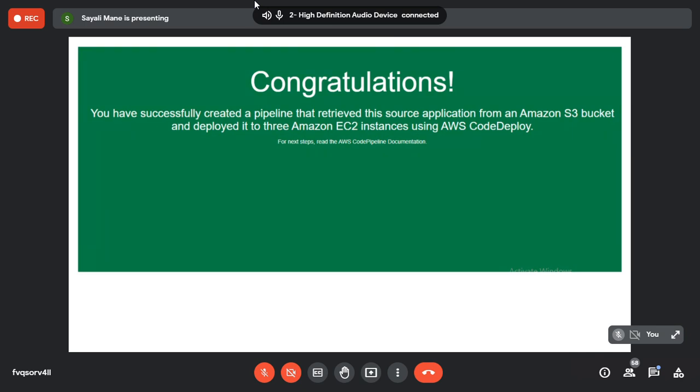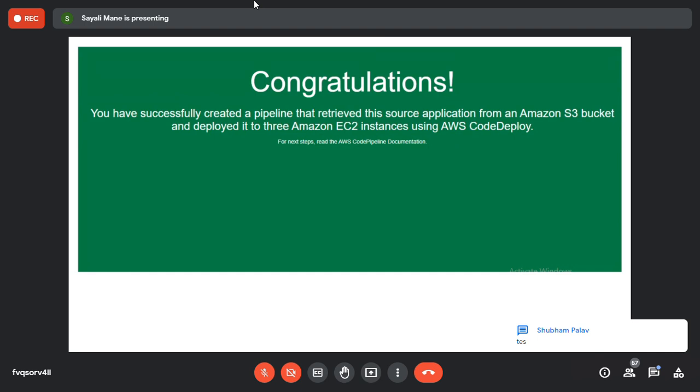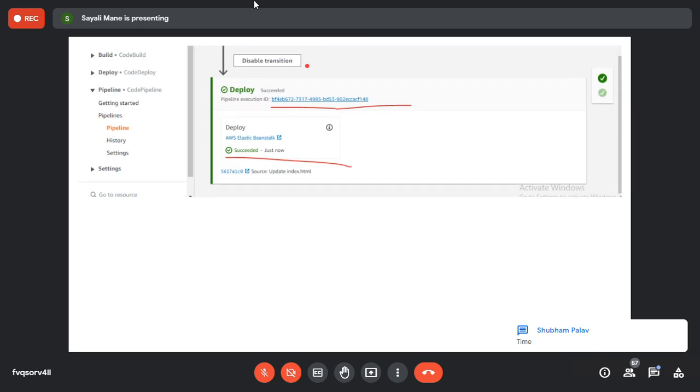Understood how to create the pipeline, then how to commit the changes, and then how to again save the changes, and then again refresh it with the respective GitHub account. So are you getting it? This experiment number 2, or is there any doubt in experiment number 2? Yes, and is there any doubt? No, ma'am. No? Okay. And one more thing, have you taken a screenshot? Okay, good, very good. You have taken the screenshots, because in the next one we are going to simply delete the